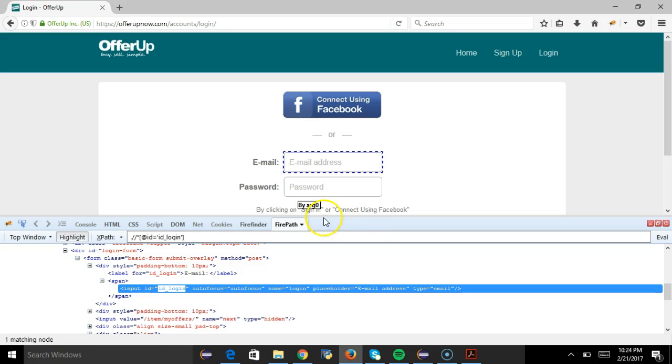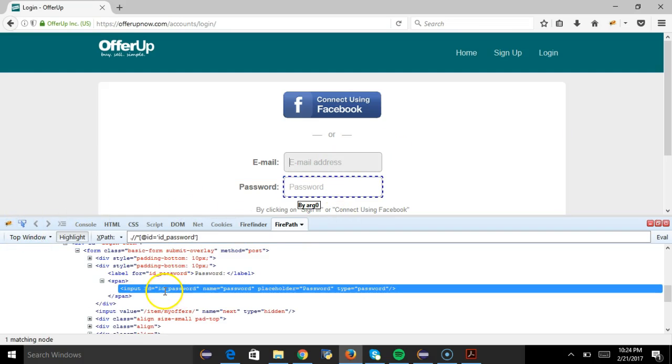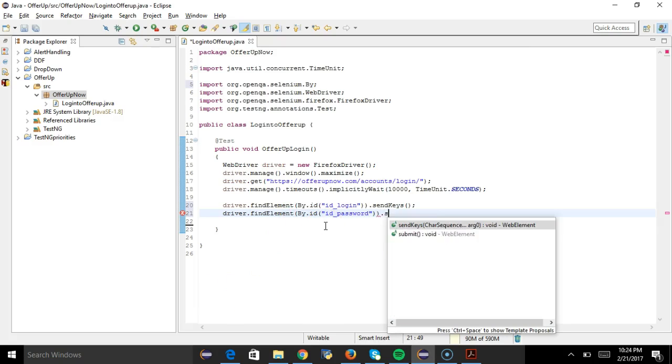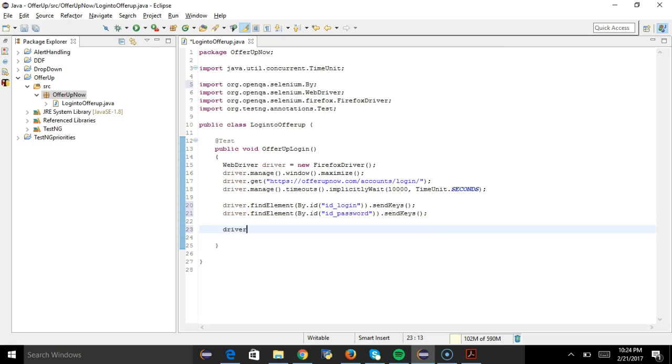This is for the password field. It's ID password. In the same way, we'll leave it blank for the time being. So now we click on that button, keyword